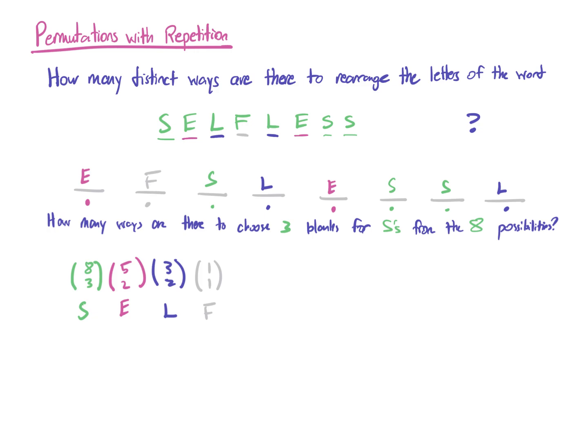So this gives me my result rather than just using our formula from before, 8 factorial. That's not going to give us the right answer because that doesn't take into account repetitions. We can take the repetitions into account by using the idea of sequential choice along with the idea of binomial coefficients telling us how many ways there are to select slots for each of the types of